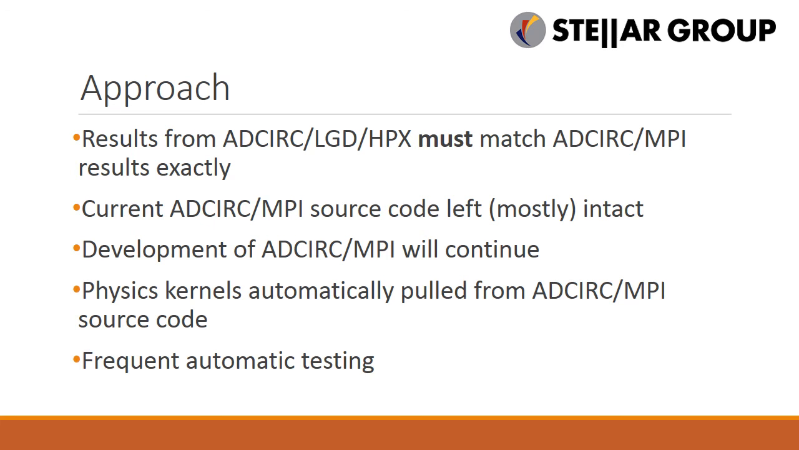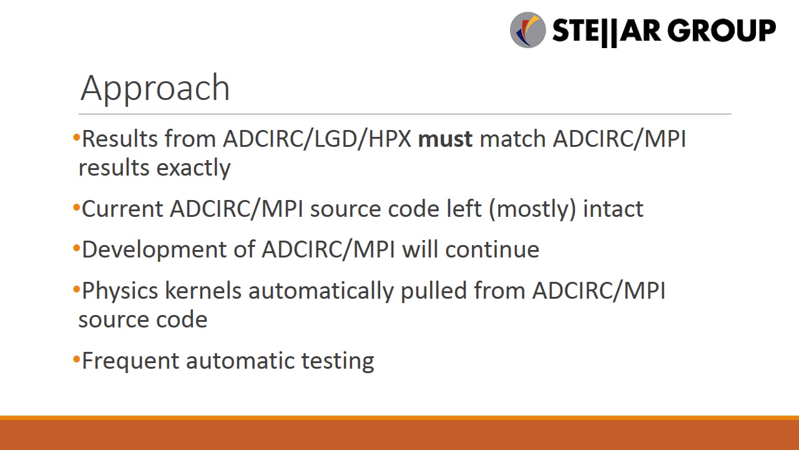Everybody can keep running ADCIRC MPI that wants to. Anybody that wants to use the next generation HPX version of the code will be able to take advantage of any updates, any improvements that are done to the MPI-based version of the code. And of course, in order to help